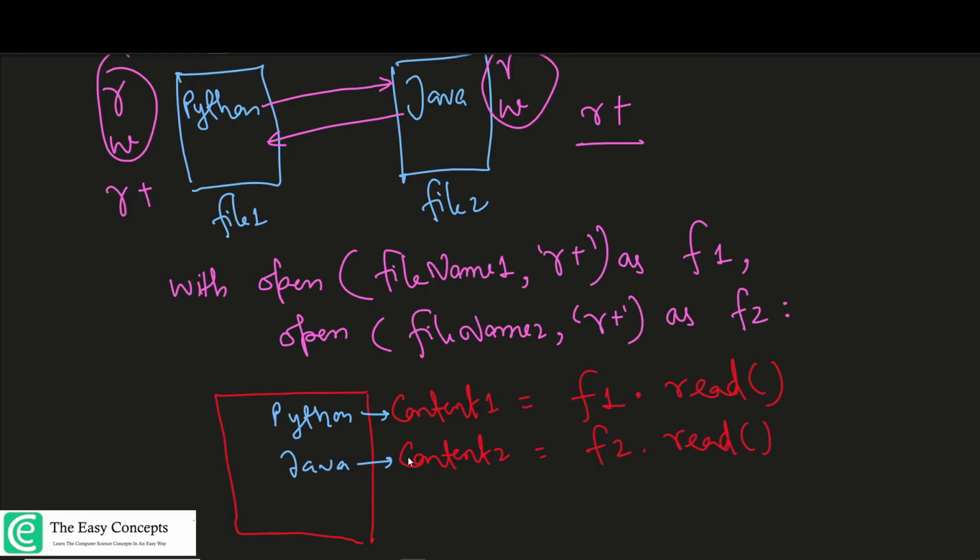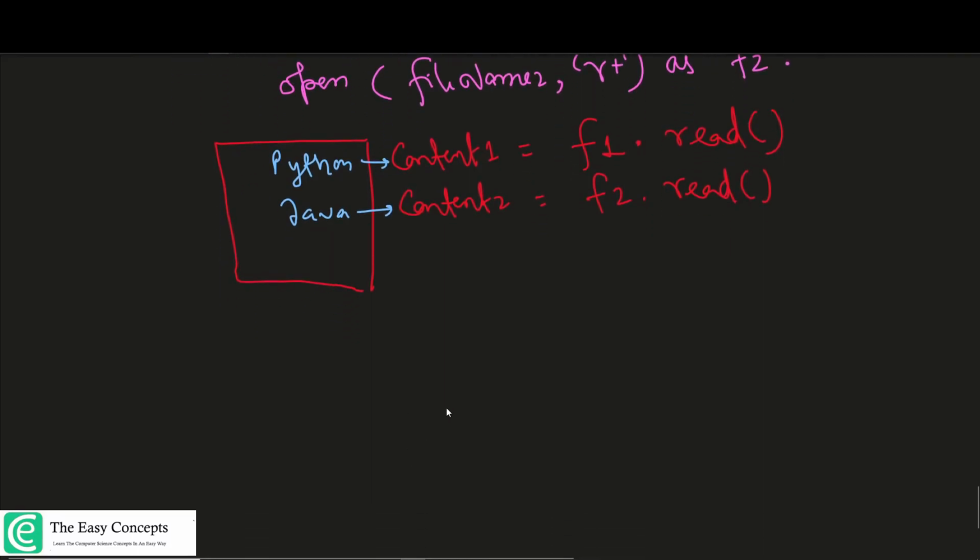And the important thing is we are not trying to change content 1 and content 2. We are basically trying to change the content of these files. Now we have read this content and it's in this variable, but we are not trying to change this variable. We need to think about this, okay? We are trying to change the content of files actually. So how can you do that? You have to write the content over those files, right?